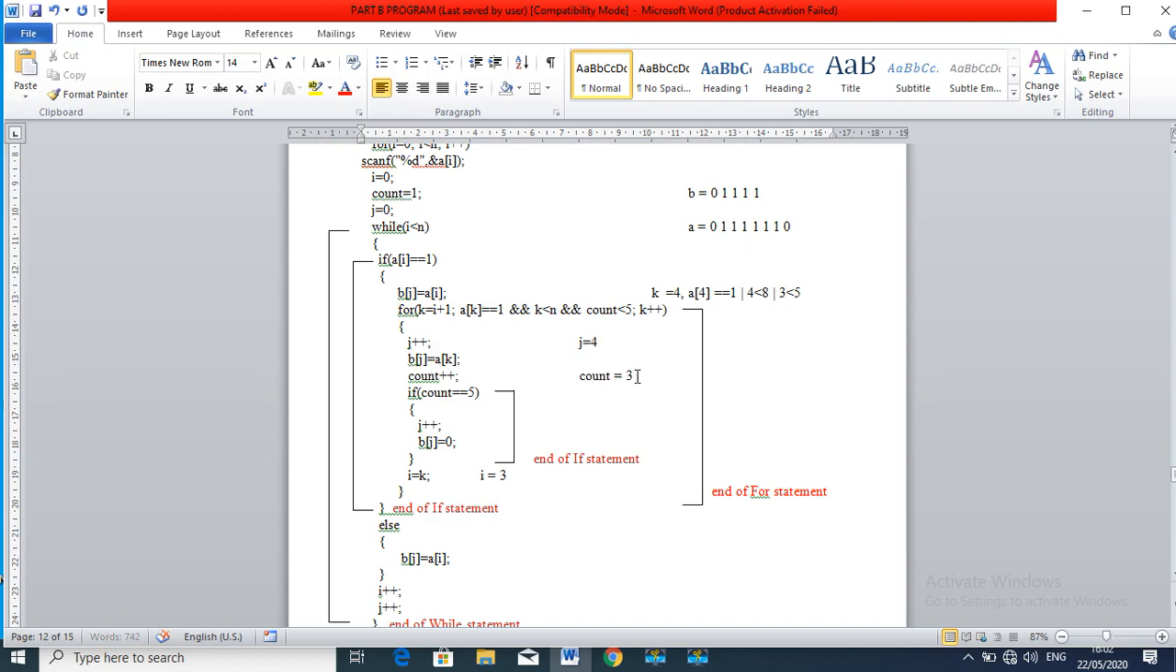Count equal to count plus 1, count is equal to 4, if count equal to 5, the condition is false, I equal to k, what is I, k value is 4, I equal to 4, it goes up, k gets incremented to 5, okay, a of 5 is equal to,